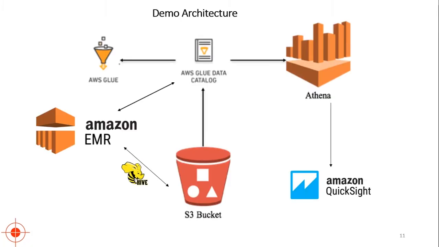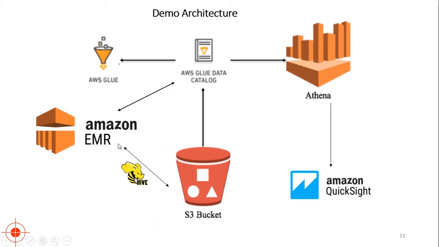to the demo. Before we start, here is the architecture that we'll be seeing in the demo. So we will create an S3 bucket, load data to our S3 bucket. We'll initiate an EMR instance, query that S3 bucket using HiveQL, read and create an external table, then an aggregation table on top of the external table, and store the result back in S3 bucket in a different folder as a Parquet file. Parquet file is a compressed file which gives up to 90% compression and helps us save the